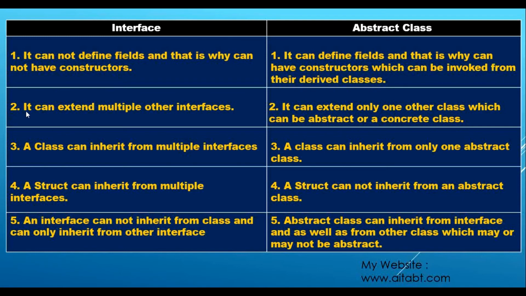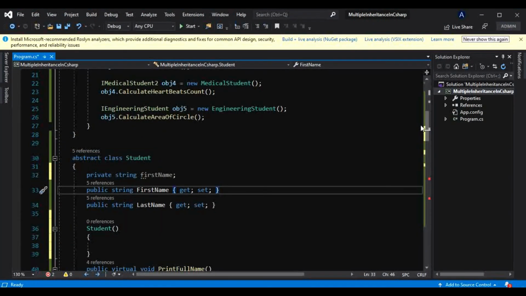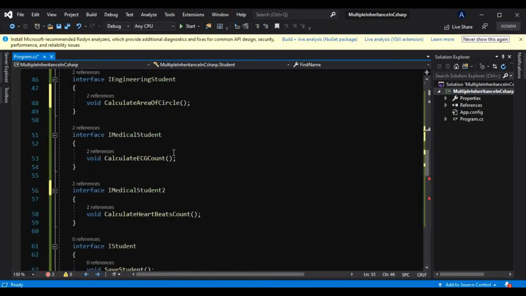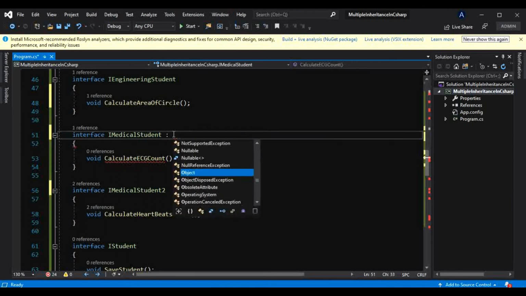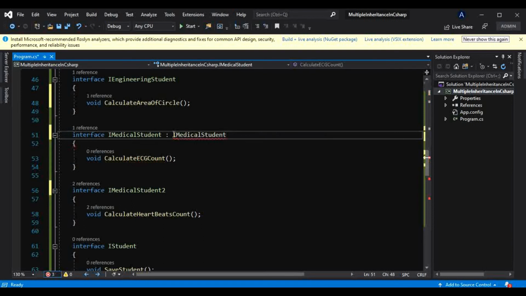What is the second difference? An interface can extend multiple other interfaces, and in case of abstract classes, it can extend only one other class, which can be an abstract or concrete class. Okay, so let's just see that. And we have already seen that. So this interface can extend any other interfaces like this: IMedicalStudent as well as MedicalStudent2 and IEngineeringStudent.